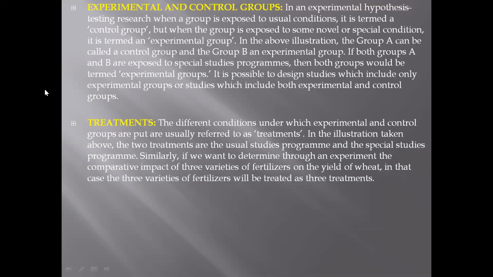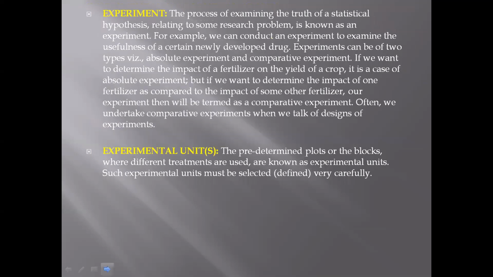Means whenever you are trying to do research under different conditions, then in research you call those different conditions treatments. Then experiment: whenever you are trying to check the truth of your hypothesis, that is called conducting an experiment. Experiment generally doesn't mean going in a lab, mixing two or three chemicals or detecting something new. That is not it. In research, whenever you are testing the hypothesis, that is called an experiment. And whenever you are having different treatments, different respondents, they are called experimental units.